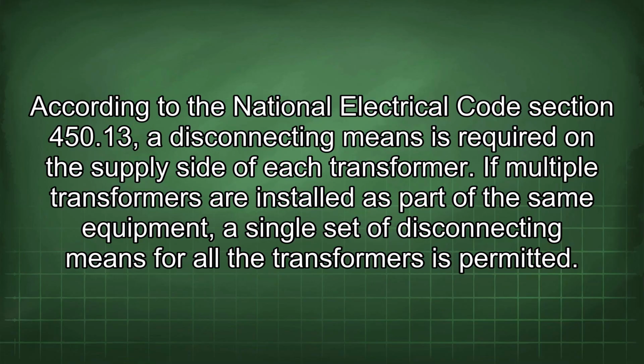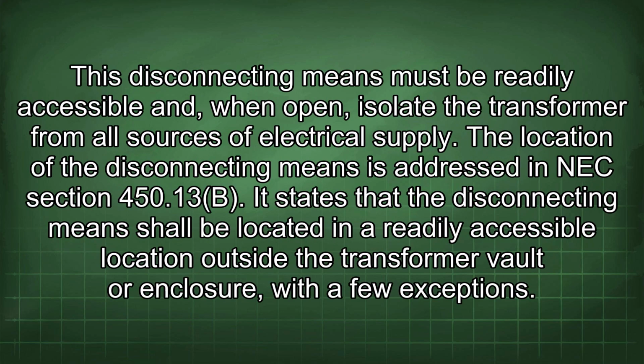According to the National Electrical Code Section 450.13, a disconnecting means is required on the supply side of each transformer. If multiple transformers are installed as part of the same equipment, a single set of disconnecting means for all the transformers is permitted. This disconnecting means must be readily accessible and, when open, isolate the transformer from all sources of electrical supply. The location of the disconnecting means is addressed in NEC Section